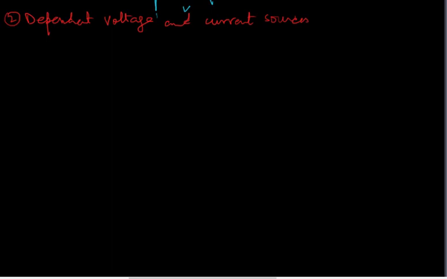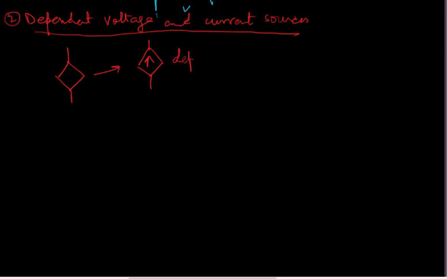What are these? Now let me first show you their symbol. So their symbol is made up of a diamond shape like this. That's the basic idea. If that diamond shape is containing an arrow, this is a dependent